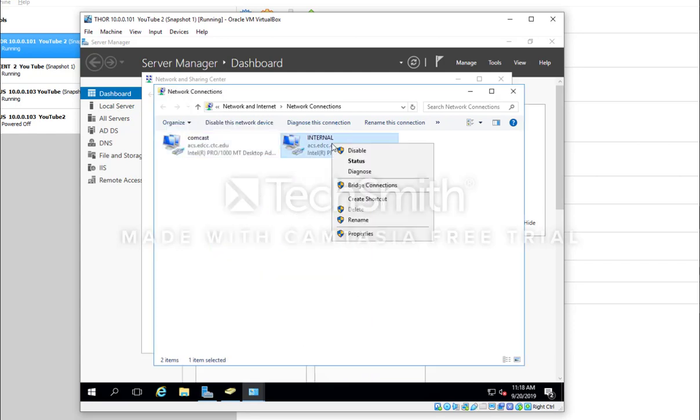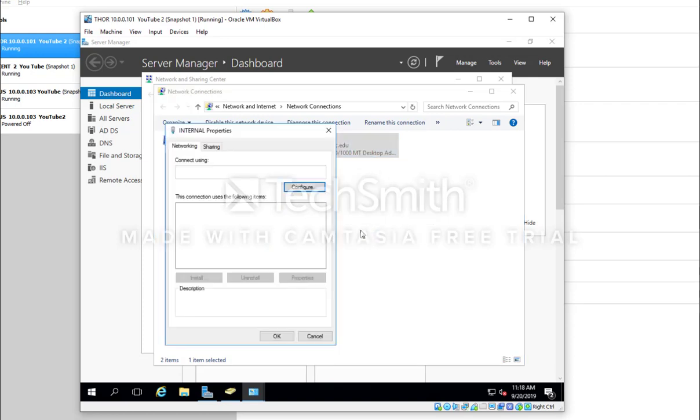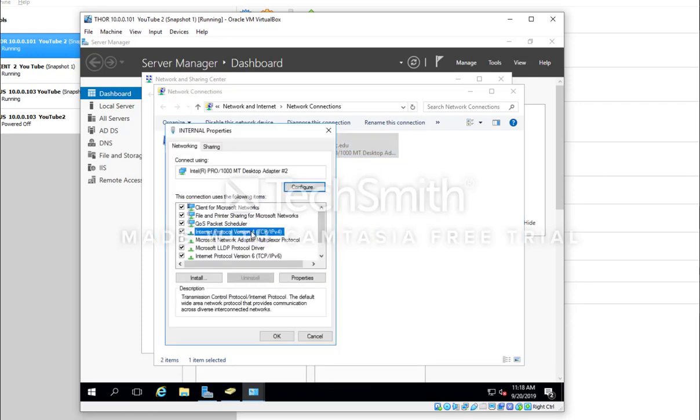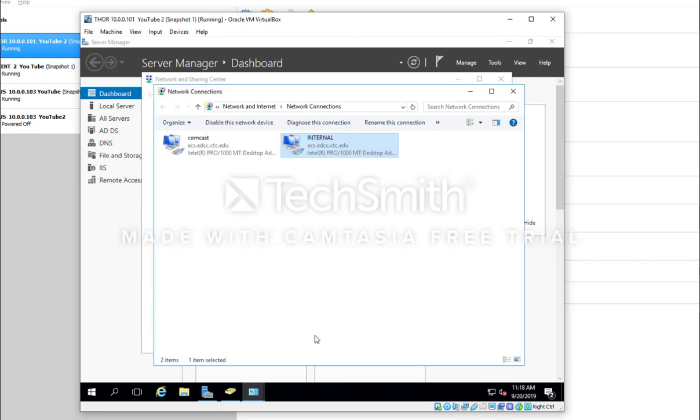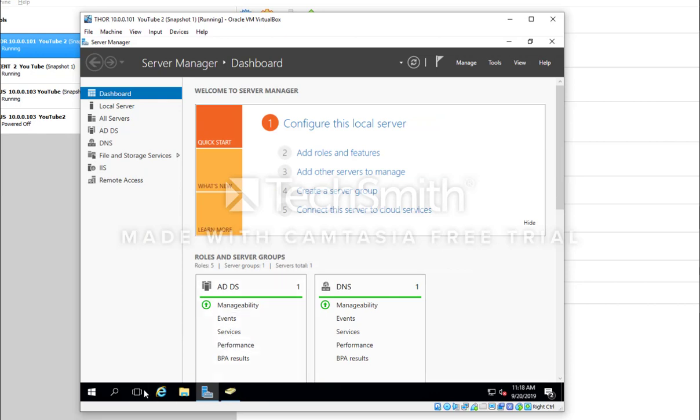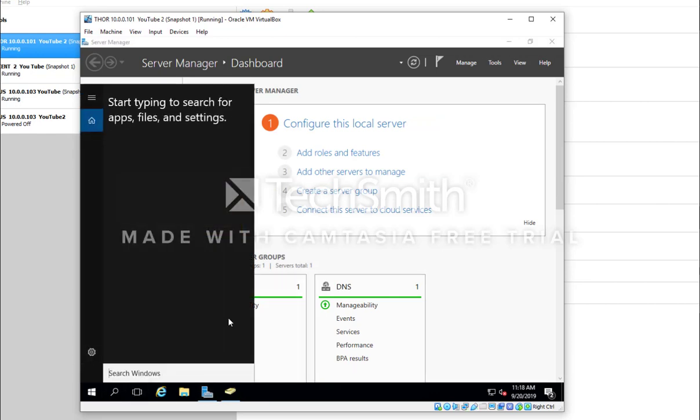And then internal, we have properties, and we go to here. And so our IP address for our domain controller is 10.0.0.101. That's just what we decided. And 255, and it's not our default gateway. And so that works fine. And okay, so we're going to close out on these things, and just to check it,